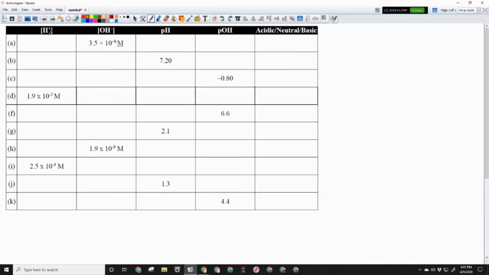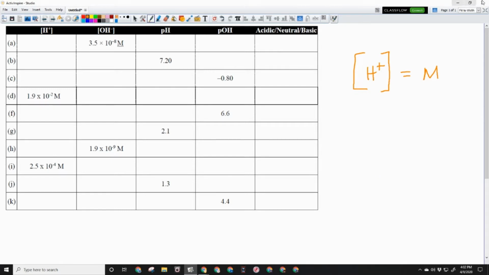So here we're calculating the concentration of the hydrogen ion. Now remember, when you see brackets like this, it means the concentration of, which the unit is going to be in molarity. Here's the concentration of the hydroxide ion that we're calculating, pH, pOH, and then deciding if this is an acid, base, or neutral solution. So I'm going to use this area out here to show you the calculations,